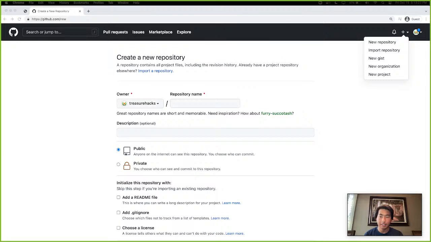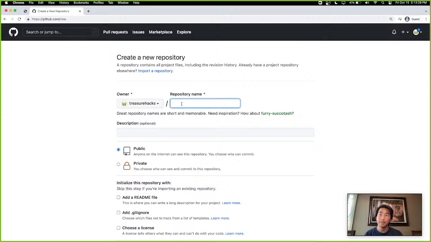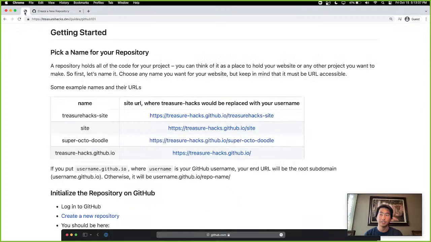All right, looks like some of you guys are ready. So the first thing we're actually going to do for our website is pick a name for the repository. You can put anything you want here. And I actually have a table showing you some examples and what these names will turn into for our website. So if we take a look at our guide here, if I decide to name my repository site, it'll put https